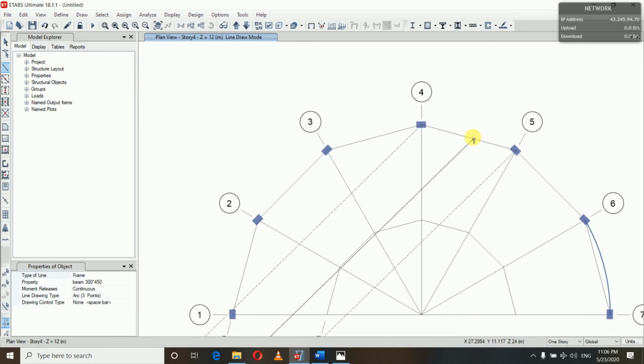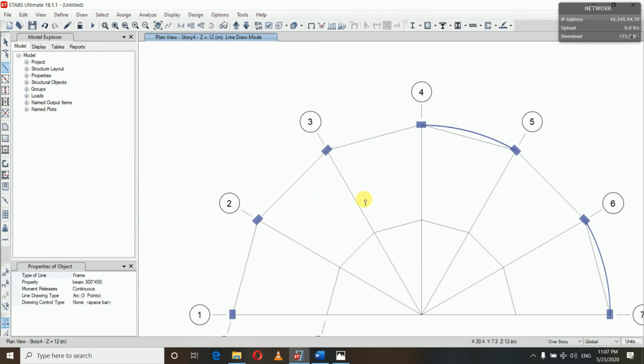This is your radius. It is constantly variable. At the point where you can see R equals 12,000, your radius, you can select there, and you have drawn your chord beam. So in this way you can draw your chord beam using Arc 3 Points and Arc Center 2 Points. Enter. Now in a similar manner you can draw all the chord beams at each span you want to draw.